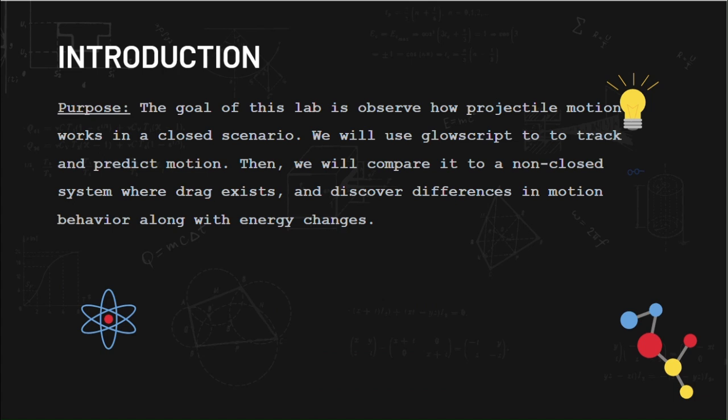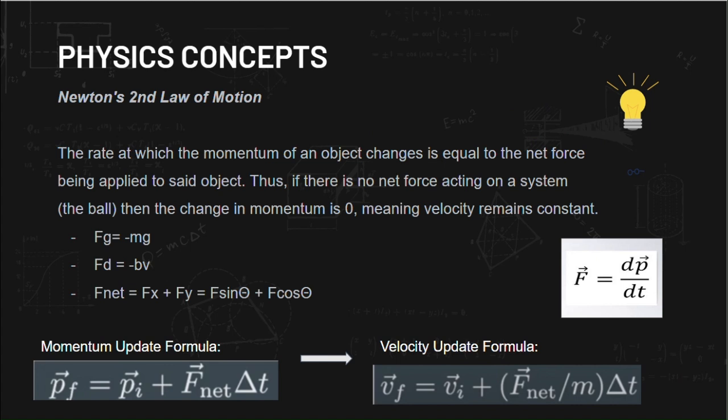So I'm going to use a closed script model to track and predict motion. Then I'm going to compare it to the non-closed scenario where drag exists and discover differences in motion behavior between the two graphs. Some important physics concepts that we're going to be going over in this lab is first